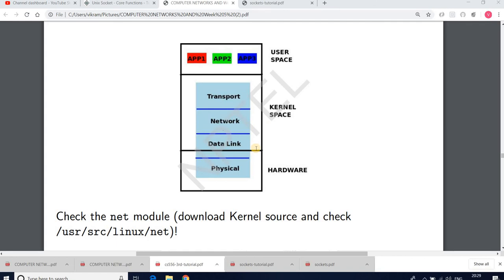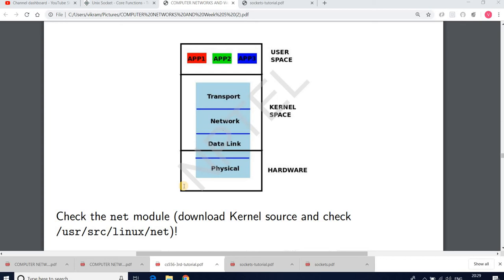And we will see how you can make an interaction between the user space and the protocol stack implemented inside the kernel space with the help of socket programming.